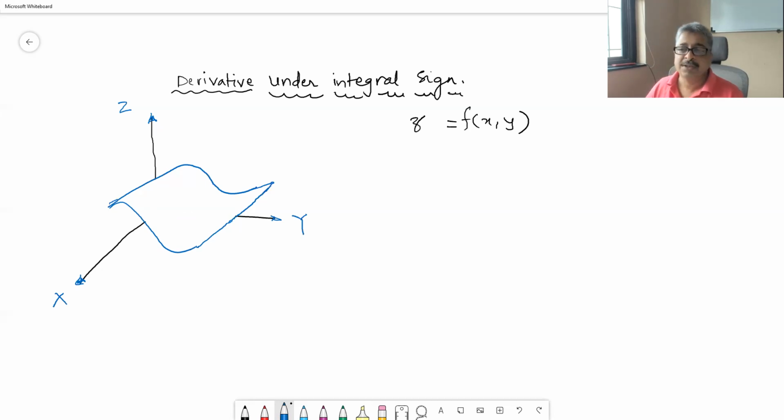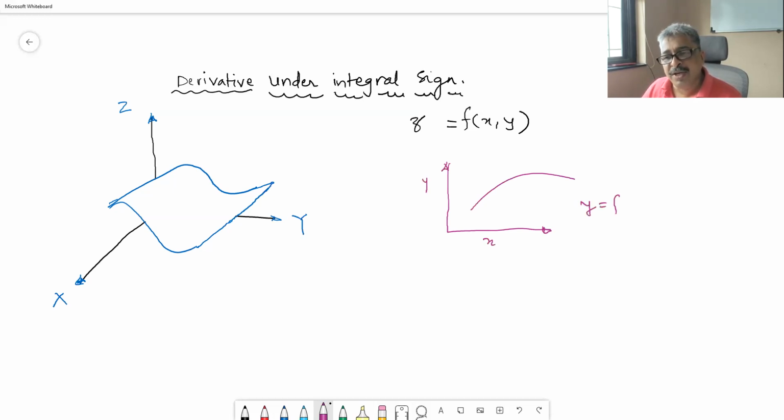floating in space, right? So the idea is very simple, and the most difficult thing is one variable calculus, because two variable calculus is going to be dependent on one variable calculus, and therefore it is simple. Just understand what we try to do. In one variable calculus, we have a curve. Y is a function of x. This is y, this is x, and y is a function of x. That is what this curve is.